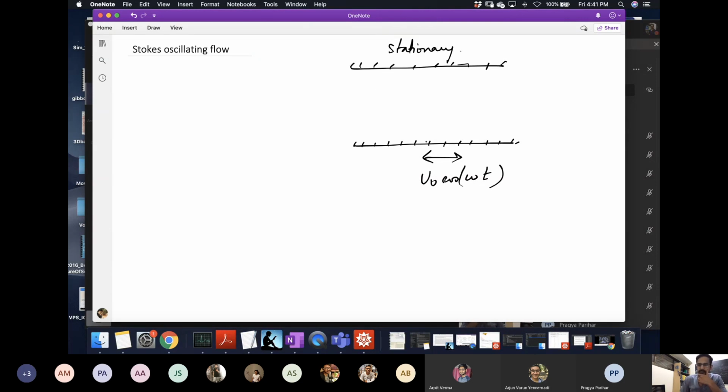Now, imagine just for the sake of argument, if it wasn't oscillating, if the bottom wall was moving continuously, and you waited for long enough time, you will just get a Couette flow type profile. So this is the case if omega is 0. If you have a vanishing frequency, that just means cos 0 is 1. You just have a wall moving with constant speed u naught. Then you'll just have a linear velocity flow.